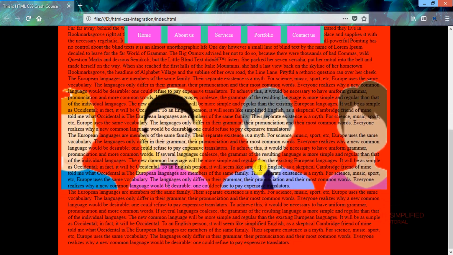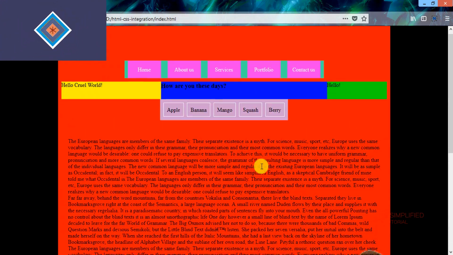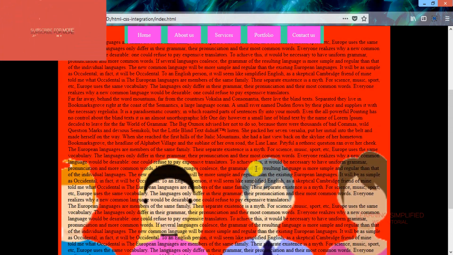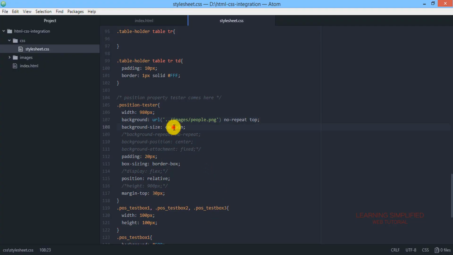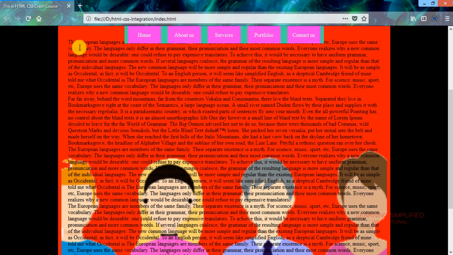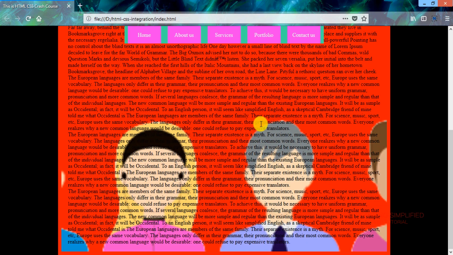For a certain instance, remove this fixed condition from here. Reload, and we can see that the image is covering up this whole div element, but instead of stretching itself to cover the whole area, it is getting stretched according to the width, and it is covering the whole width of this particular div element. But instead of the contain command, if we use cover, get back to your project, reload, and we can see that